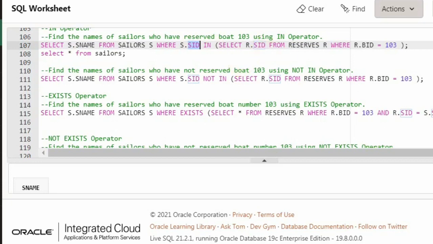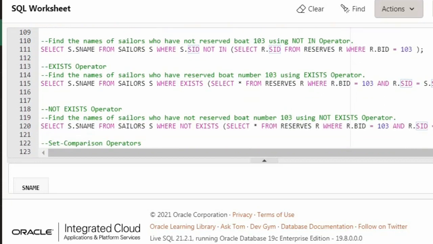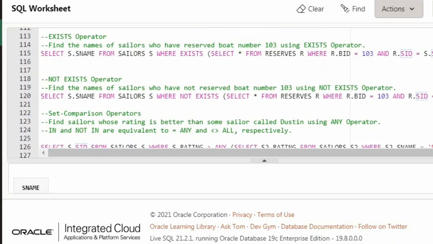And here EXISTS is there. Now, coming to EXISTS, there is nothing in front of it. It's simply WHERE, and after WHERE you just have EXISTS. These are examples of correlation queries, wherein they work together. Now this is the inner query: select star from reserves where r.bid is equal to 103 and r.sid is equal to s.sid.